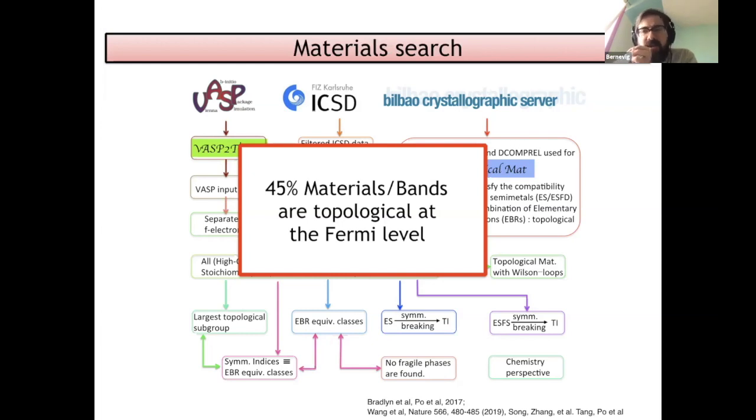Now there are many which have fragile bands, and if you're asking, say, if I look within plus or minus 10 electron volts around the Fermi level, what's the proportion of materials that have at least one topological band, fragile or otherwise, within plus or minus 10 electron volts, which is roughly our energy window, that's about 97%. So basically, band characterization has to be topology, and it's everywhere.